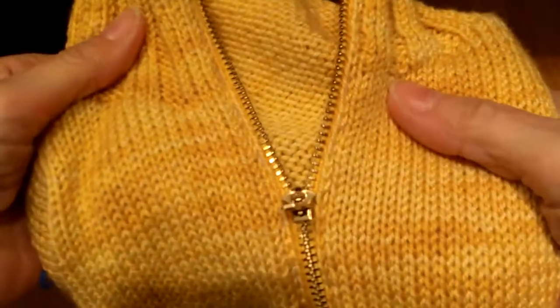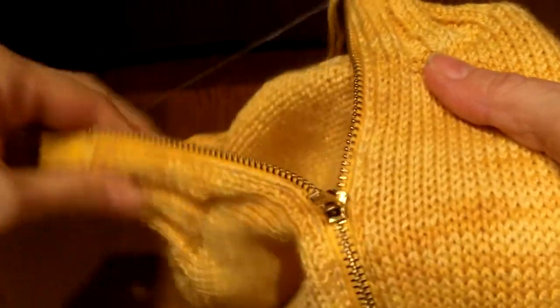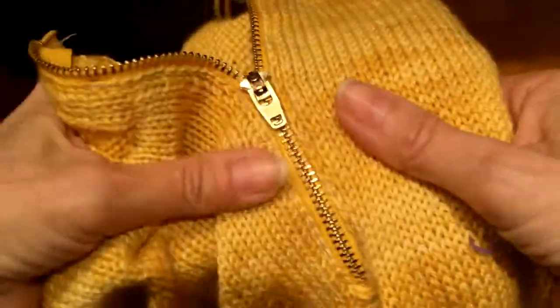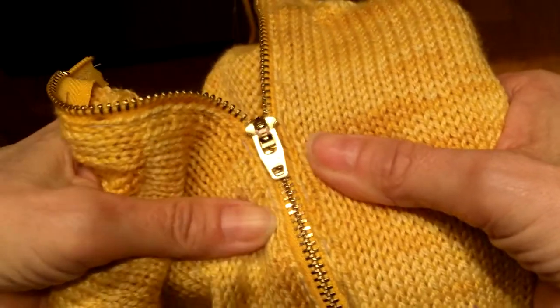This sweater has a zipper in the front, and I've done some preliminary work. I haven't sewn the zipper in yet. I've basted it in place. Now, the prep work that I do for a zipper, because zippers are inelastic and knitting fabric is elastic, is